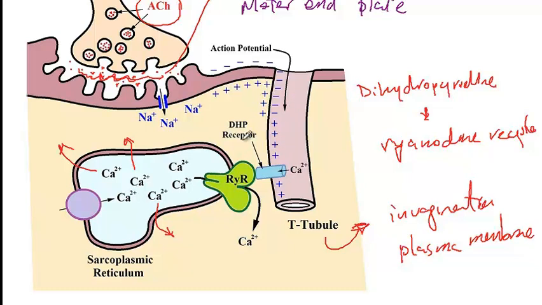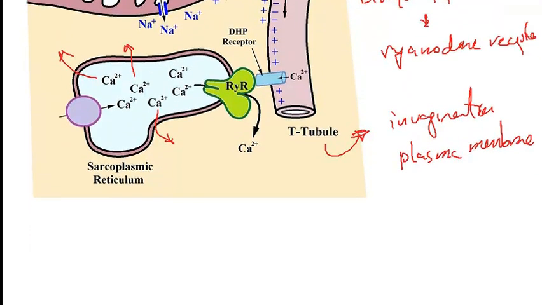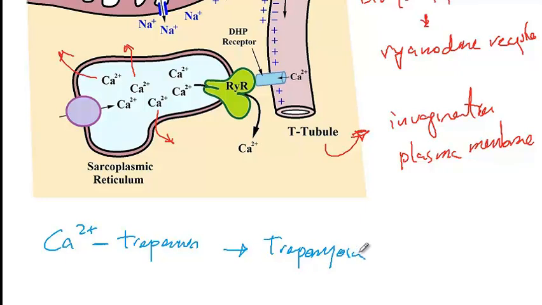Now this depolarization wave acts on the dihydropyridine receptor as well as the ryanodine receptors in order to induce release of calcium from the sarcoplasmic reticulum. And then following release of calcium, calcium binds to troponin in order to act on tropomyosin to move away from the actin binding site, as a consequence of which now myosin can bind to actin and induce contraction of muscle. And I'm going to discuss this in a little more detail with you and show you images,